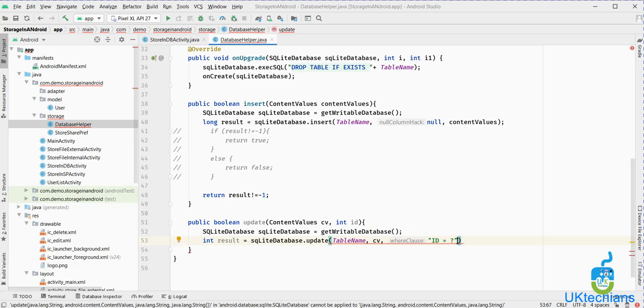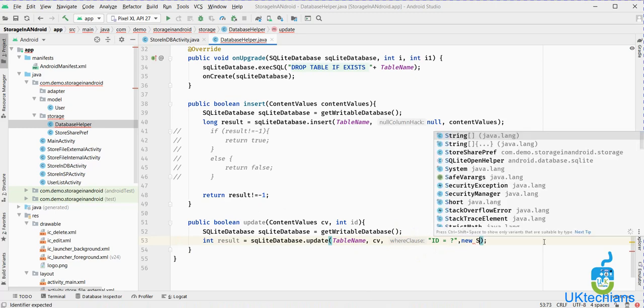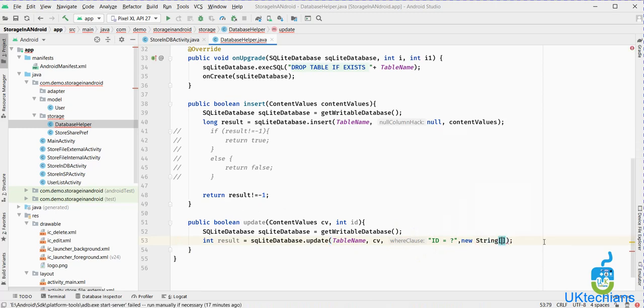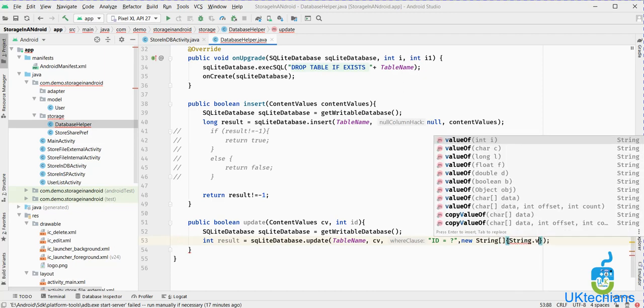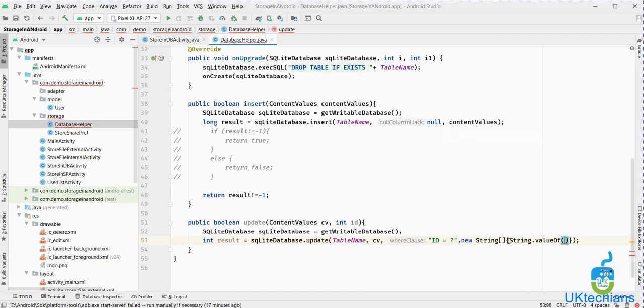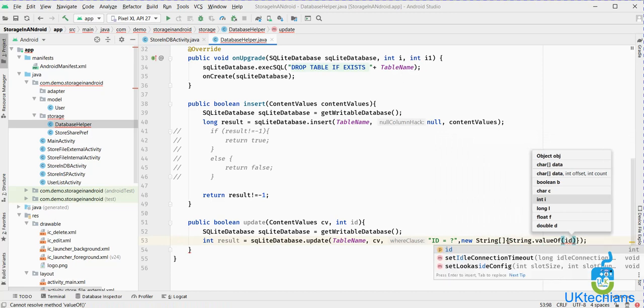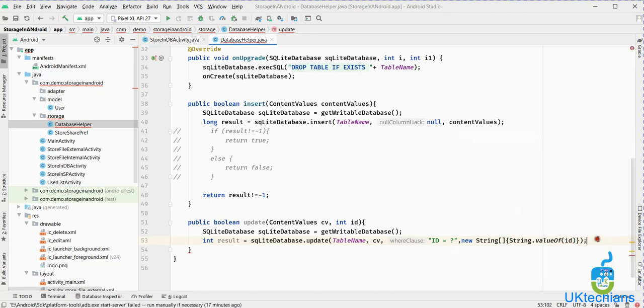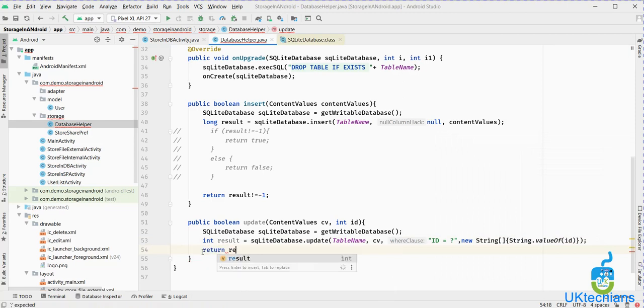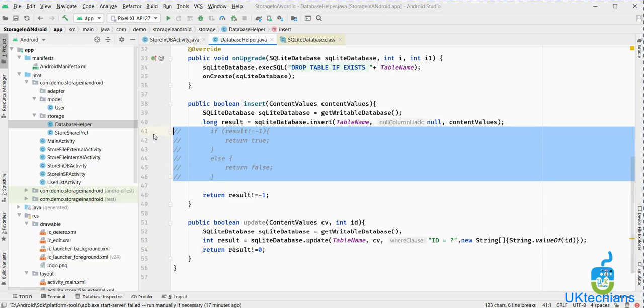And then we will use a new string array, and then we will add the ID, which is an integer. We will just use String dot valueOf to cast the value into a string, and then we just apply return result not equals to 0, right? Like a simple condition.